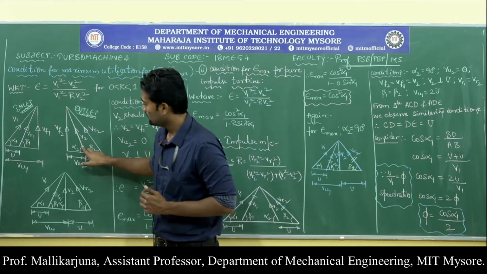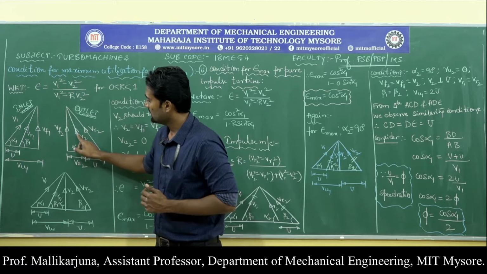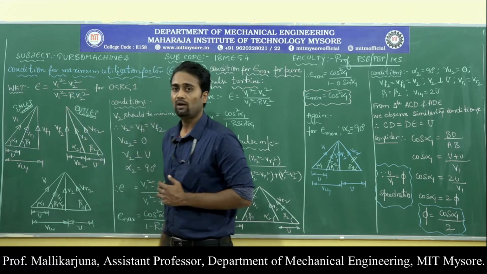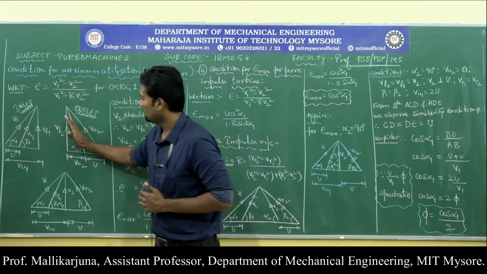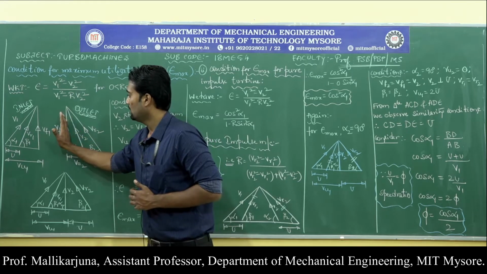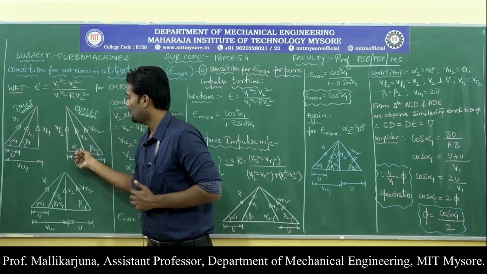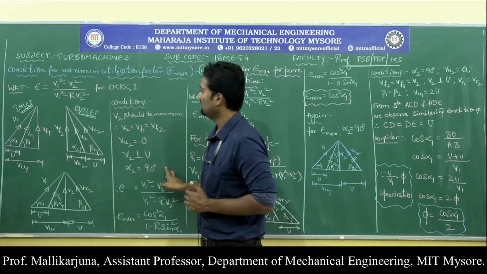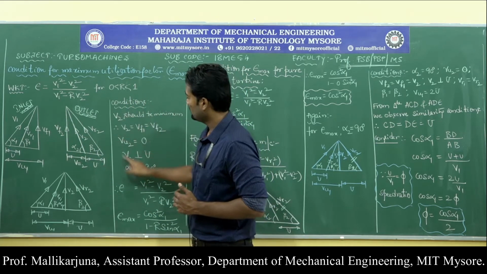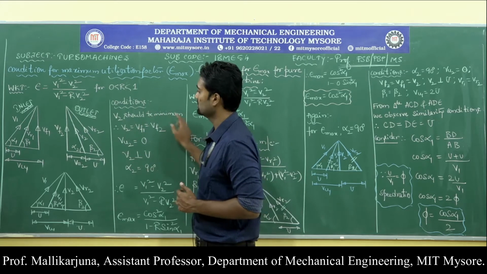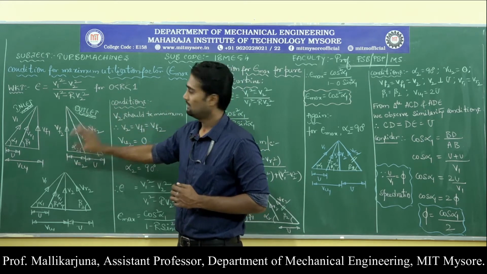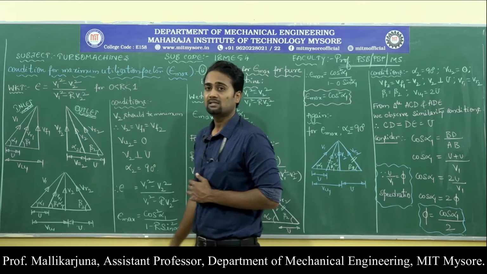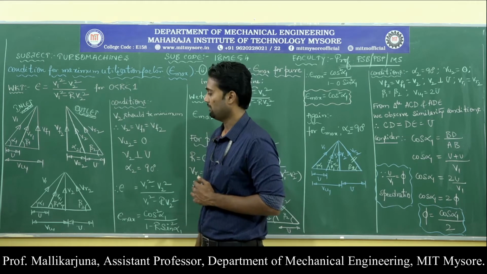Look onto the alpha 2. This alpha 2 is the angle made by the absolute velocity at the outlet. So now V2 is getting overlapped on this line, so that alpha 2 becomes perpendicular, then alpha 2 becomes 90 degrees. So overall, these are the conditions in velocity triangles to get the maximum utilization factor.